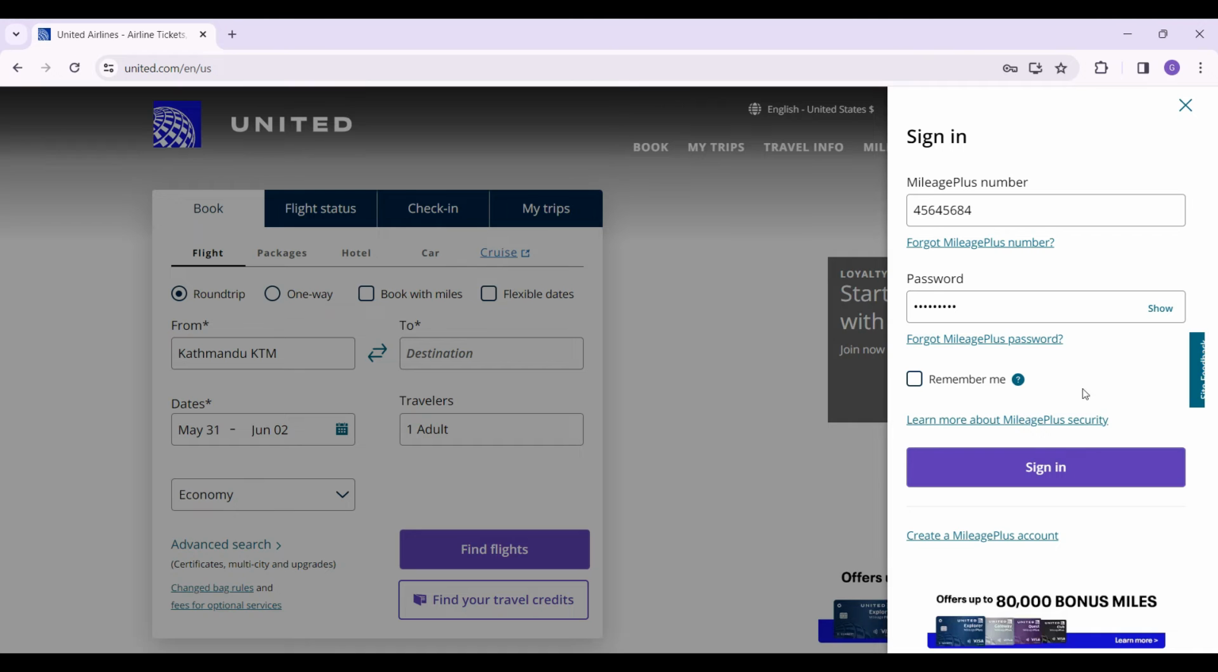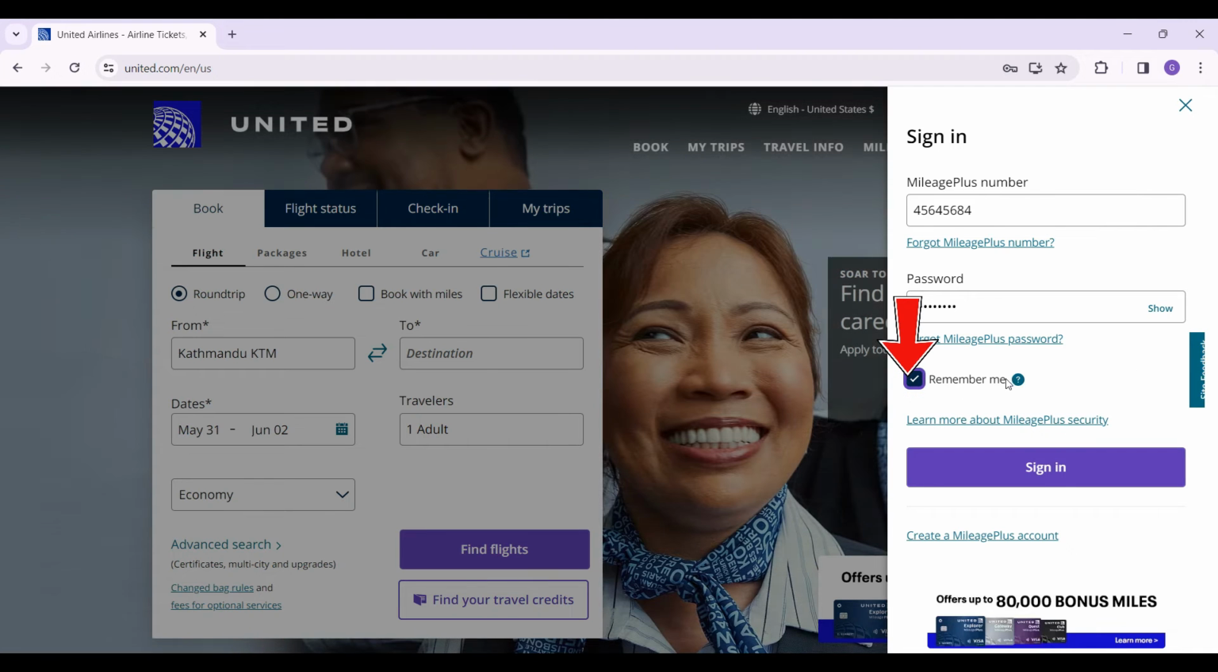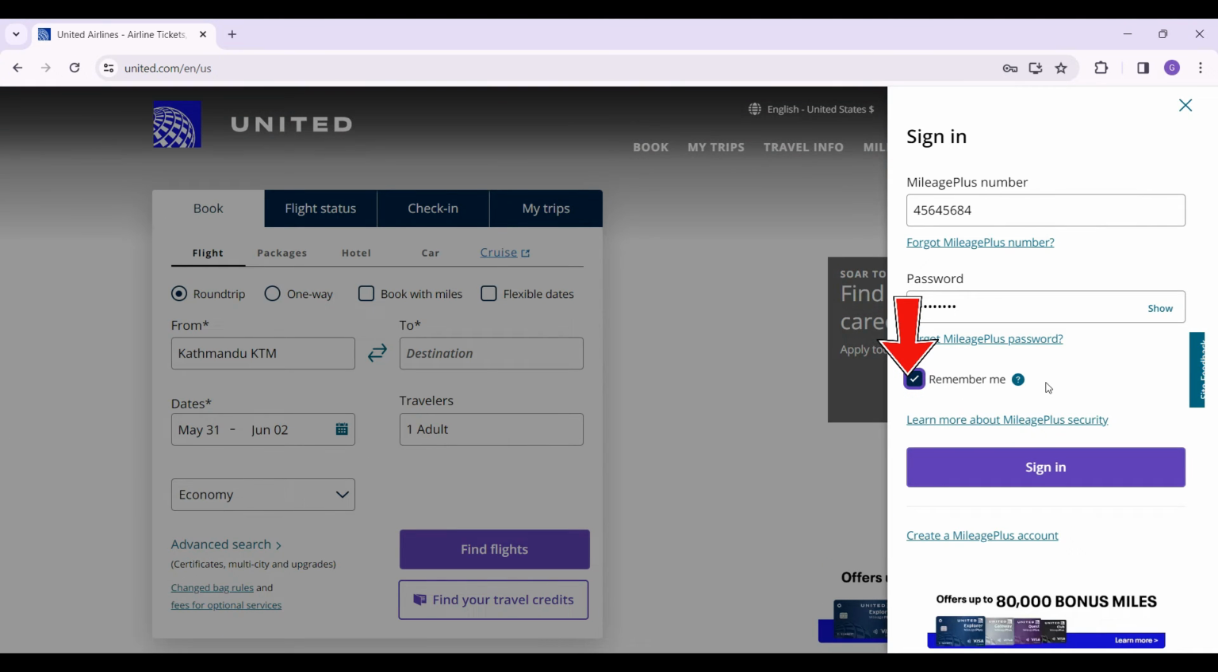You also have the option to click on this checkbox that says remember me. It's completely up to you and it's optional. If everything is okay, click on this sign in button right here and you will be able to access your